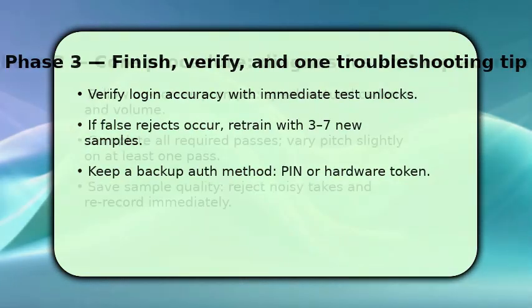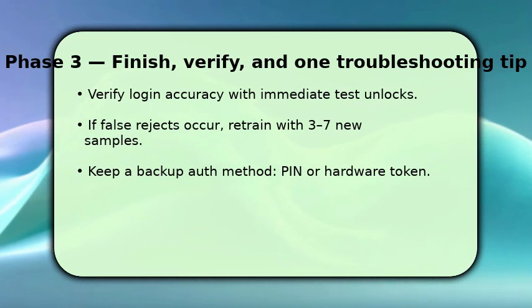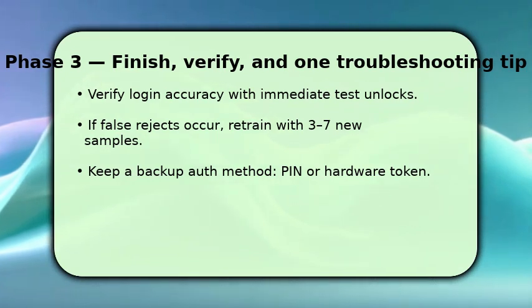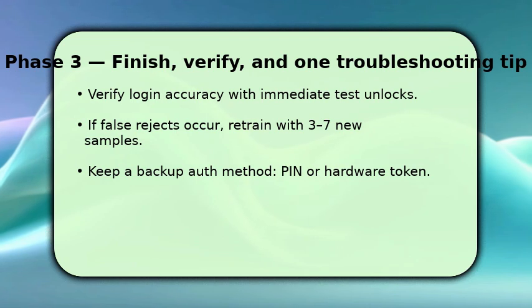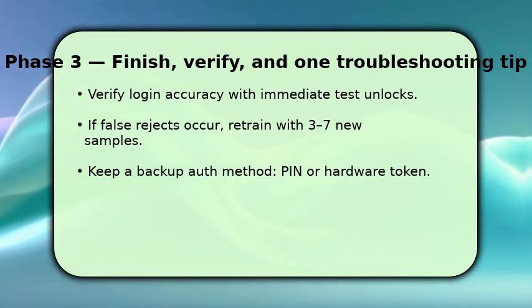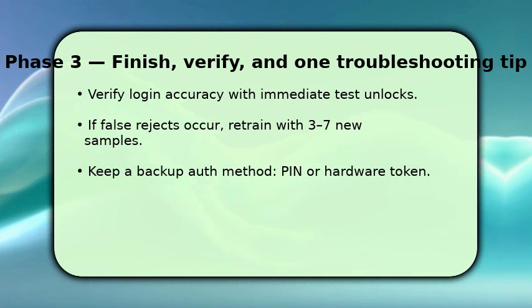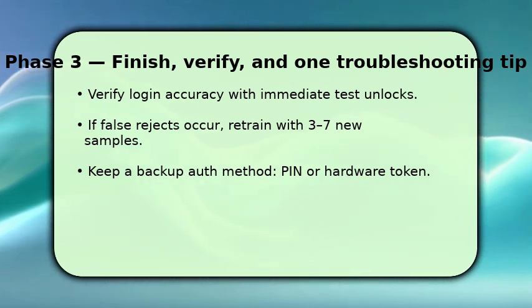Now finalize the process by testing the voice password immediately. Perform several unlock attempts from typical positions: handheld, pocket, and table. If you get false rejects, retrain the model using 3 to 7 additional clean samples, recorded in the same conditions